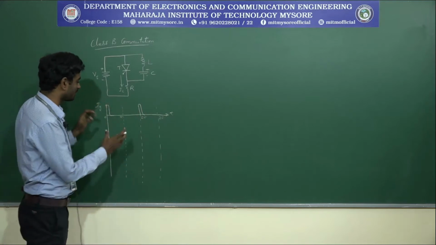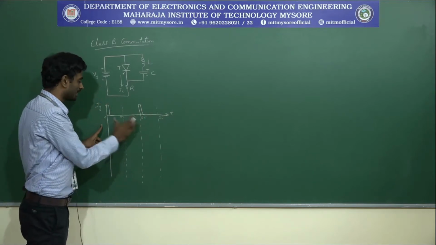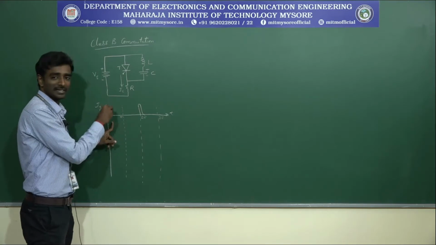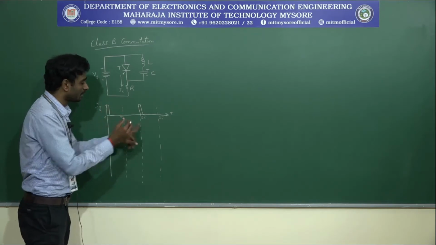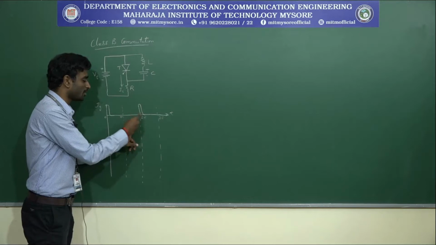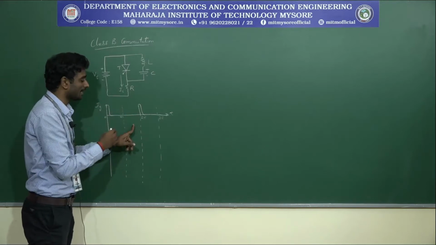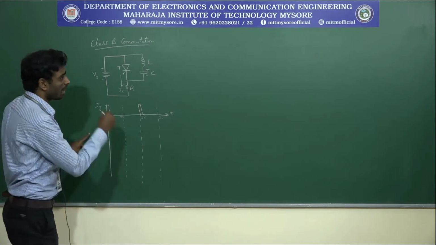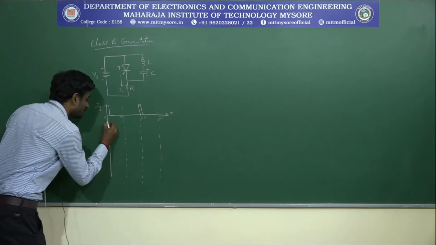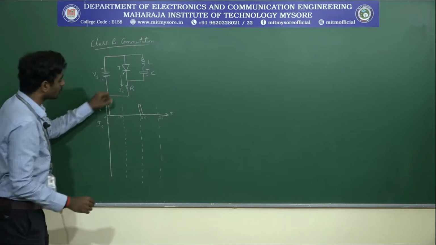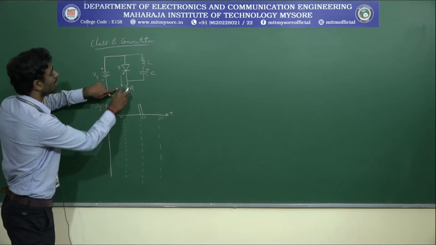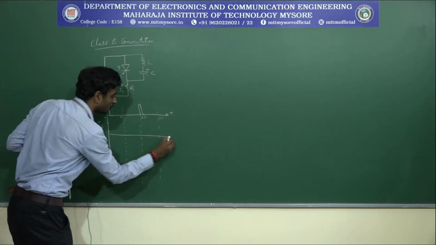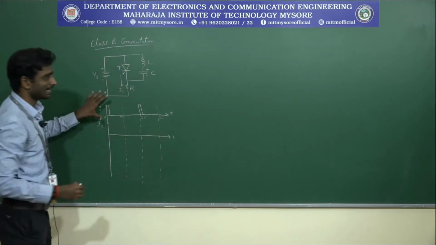That means for every cycle of your signal, the positive cycle will have, at the initial state, some gate current that will be very limited, and again in the negative cycle there will be no gate current applied, and it will be repeated for n number of cycles here. And with respect to this, I need to measure the load current. What is the load current? The current flowing across this resistance, I will call the load current, and it depends upon the gate current here.